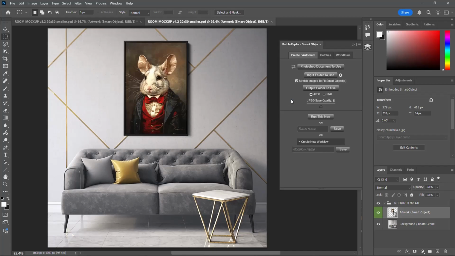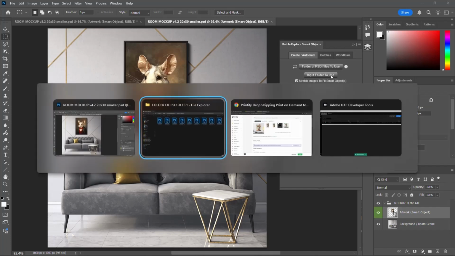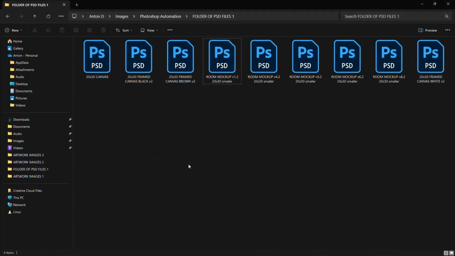Something else you can do with this plugin, instead of just automating operations using individual Photoshop documents or individual mockup templates, you can actually click this arrow here and switch between two different modes. Using this method, you can select an entire folder of PSD files to use. So if you're selling print-on-demand products, there's a good chance that you have different variants, maybe different colors, or whatever it happens to be, maybe a black frame canvas, a brown one, a plain one,